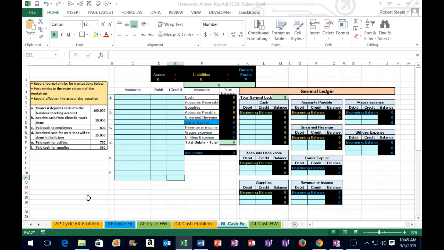Hello, in this lecture we'll take a look at a problem that will be very similar to the homework. The numbers will change, the format will remain much the same. So there's two things that we want to get from this. One, we want to learn the accounting concepts. Two, we want to pick up the Excel concepts as well, just in terms of navigating through the Excel document